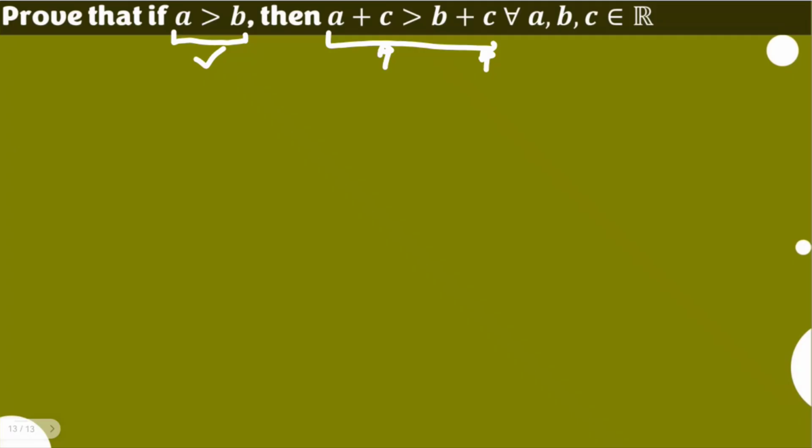Before we start, let me introduce another set that is part of the discussion, this set here. This is the set of positive real numbers. This is just a subset of the set of real numbers. All elements in this set are positive, no matter how small or how large they can be. They are all greater than 0.